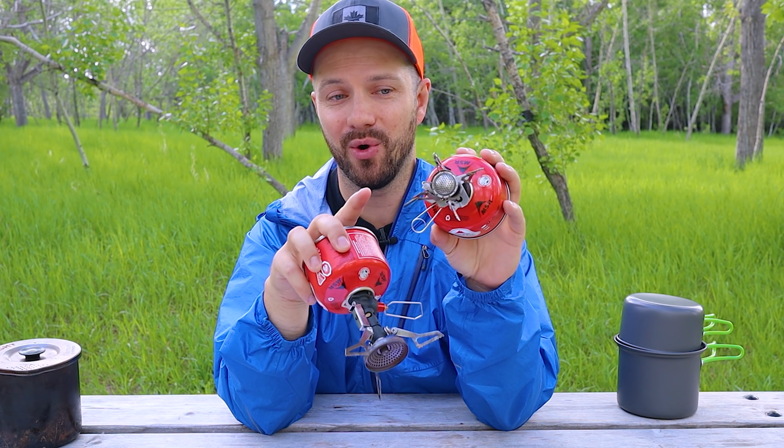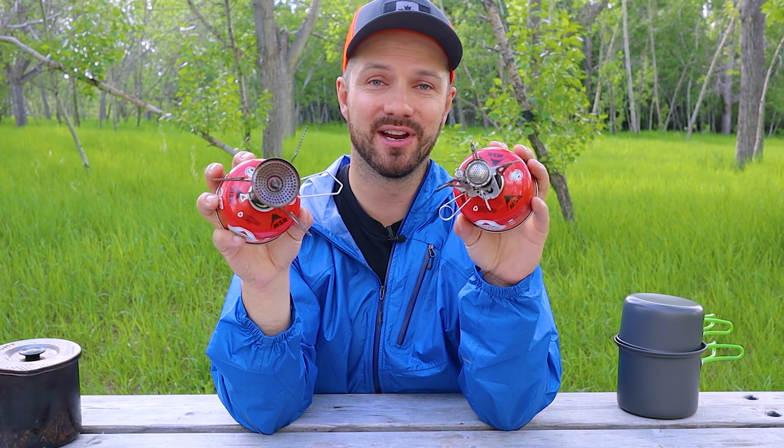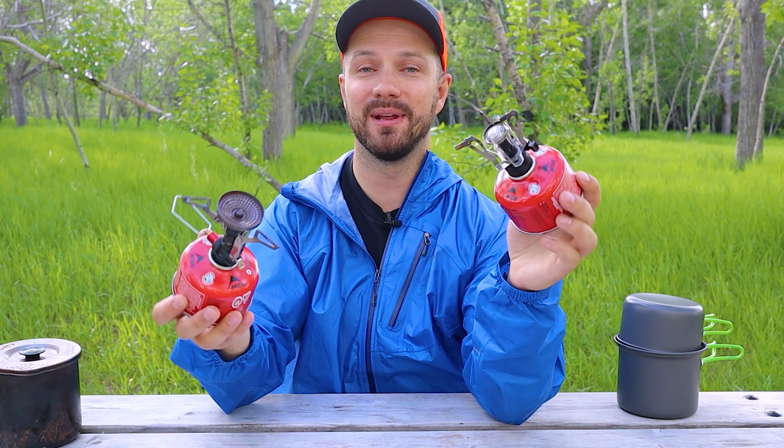You can see it's a much narrower burner, and the wider burner is going to make it easier to cook. You're going to be less likely to burn your food if you are cooking within the pot because you're spreading that flame over a broader area as opposed to having it really concentrated like you do with the